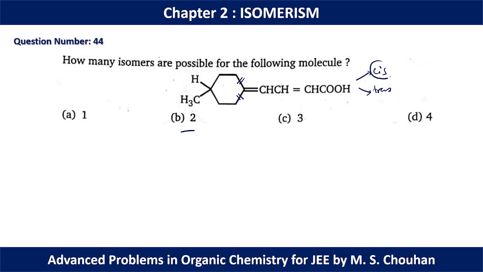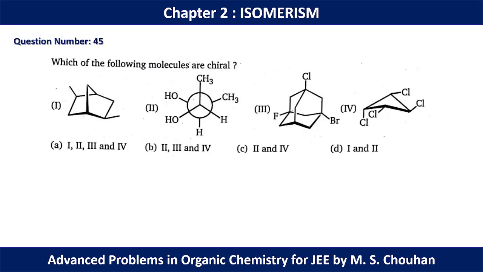So this cis molecule is optically active. That's why there should be an enantiomer present for this cis molecule. Okay, cis plus its enantiomer. Similarly, for this trans molecule also we don't have any i symmetry, sigma symmetry or Sn symmetry. That's why with this molecule we must have its enantiomer. Okay, so finally we have a total of 4 molecules. So for question number 44, option D should be the correct option.